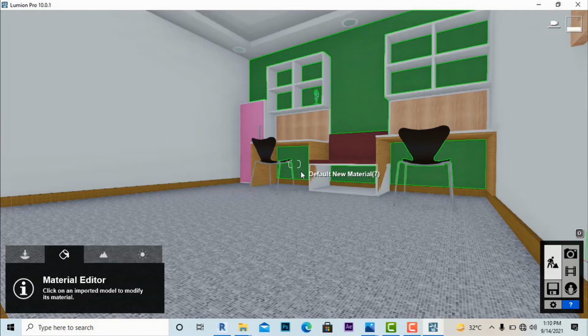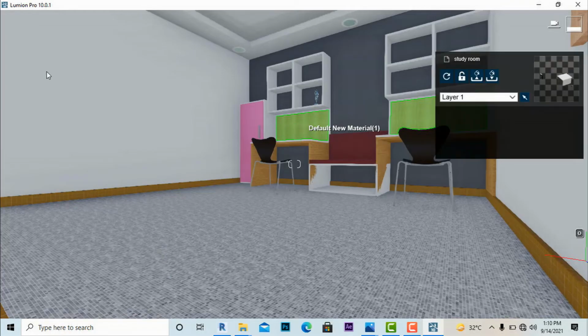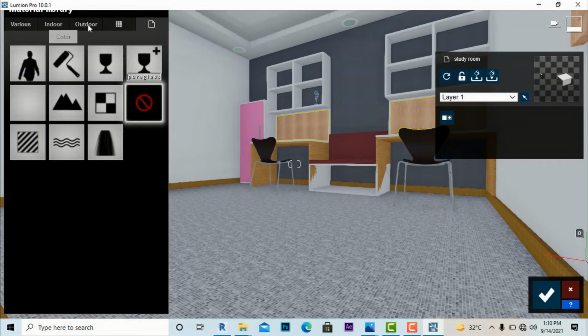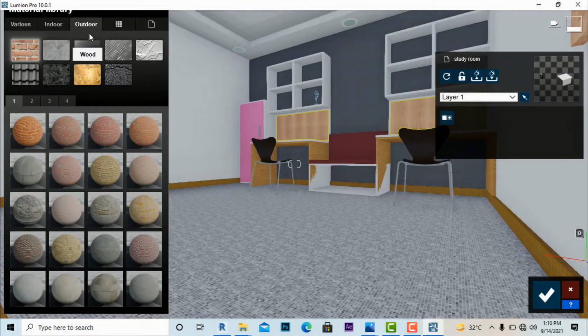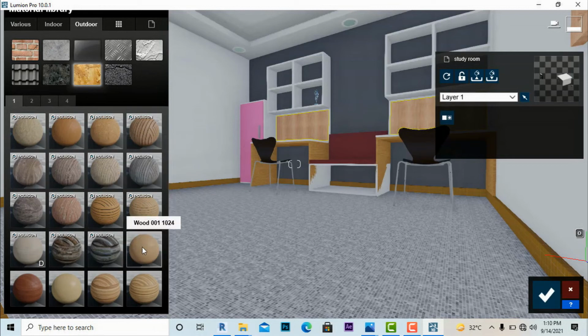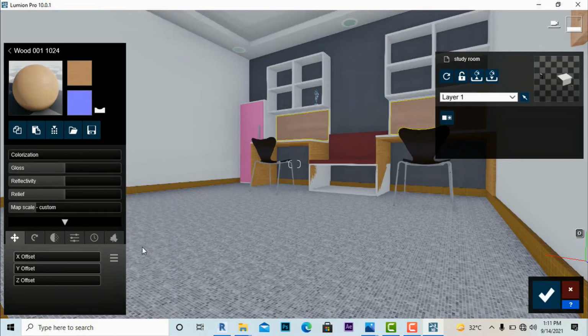You can leave it like this also, and can change this material to some other interesting wood in here. Going to outdoor wood, and you can select any other wood here,